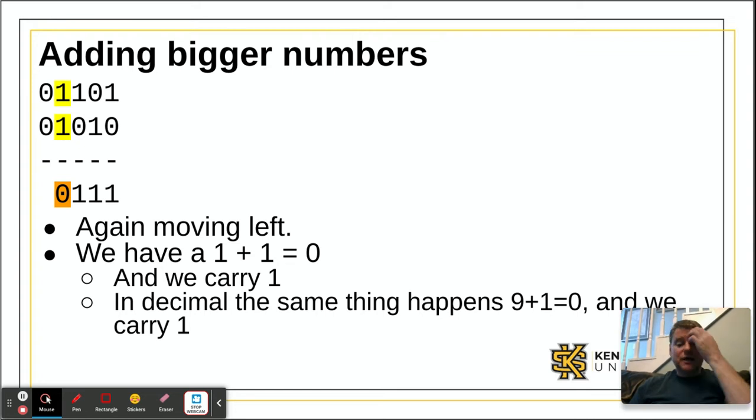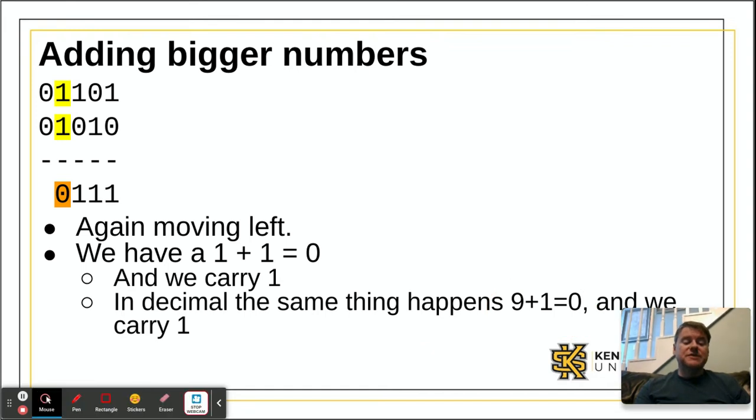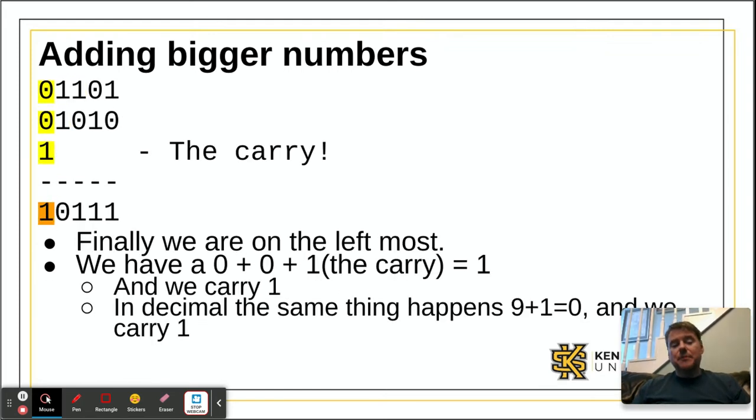And this is the same as what happens when you're adding a 9 and a 1 in decimal, right? If you have a 9 and a 1, you can't represent that with a single digit, so you represent it as 1, 0. All right, so based on that, 1 plus 1 gave me a 0, and then when I carry the 1 over, I get 1 again. So we're left with 01101 plus 01010,